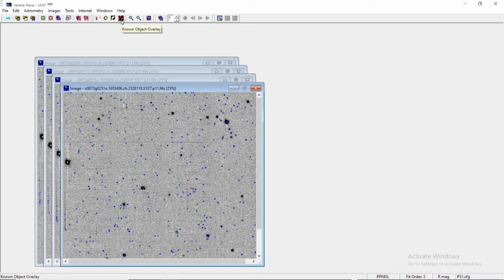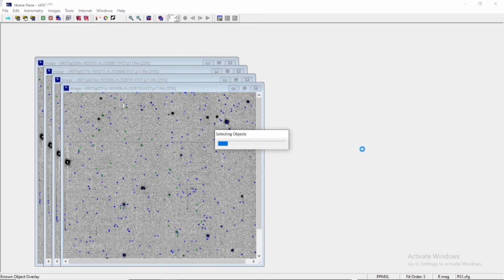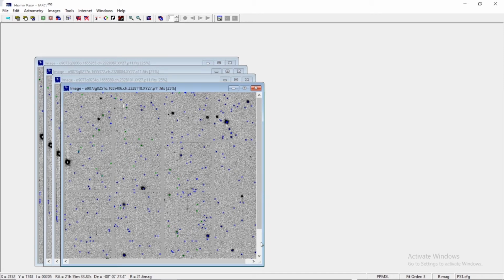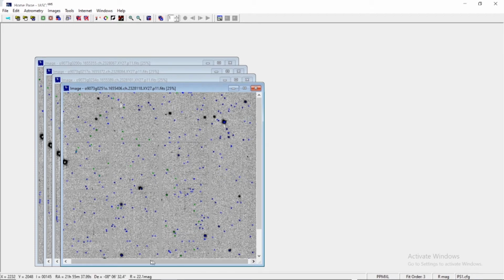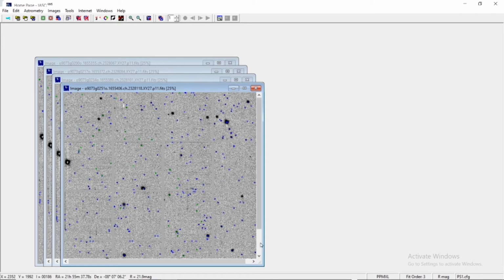The next step that we do is the known object overlay, and let us see what this known object overlay facility has in store for all of us. So I am just awaiting the result of this known object overlay. Here it comes. So this is a very strange case that after doing known object overlay, no object is appearing. So I just wanted to inform you that it is not customary or mandatory that after doing a known object overlay, you should always get any known object at all.